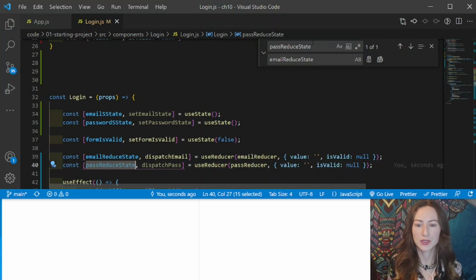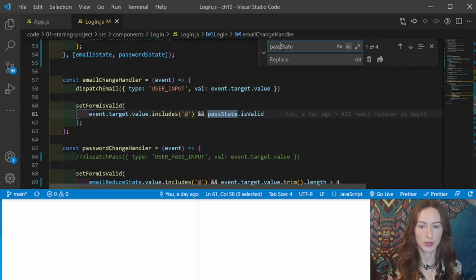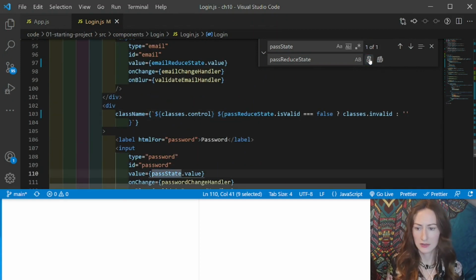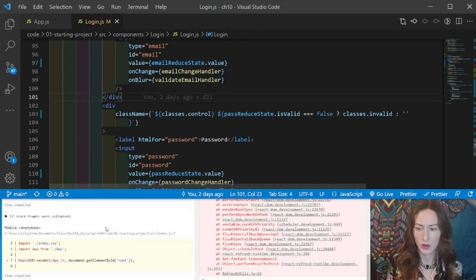So the pass reduce state, I'm going to have a look for that, and I'll just get rid of this. So it was pass state, and we want to replace it with pass reduce state. So this instance can be changed, yeah, as can this, as can this, as can this, and okay. And now